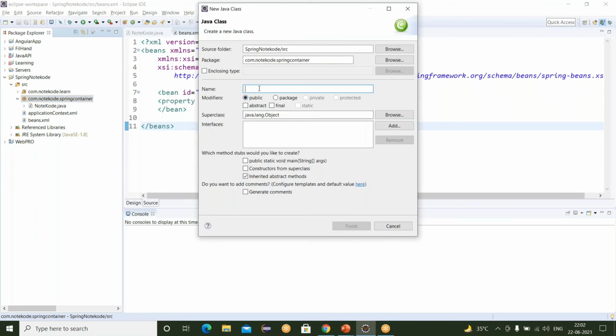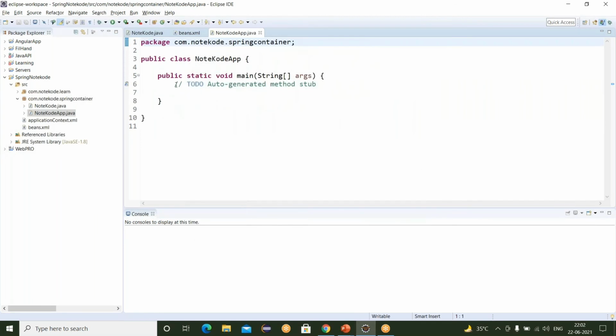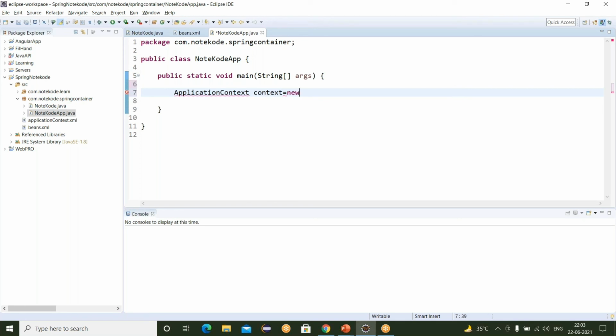Let's say I'm giving the name NodeCodeApp. Inside the main method, I'm writing here ApplicationContext equal to new ClassPathXmlApplicationContext.